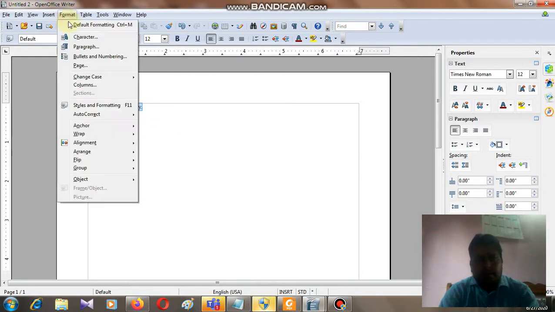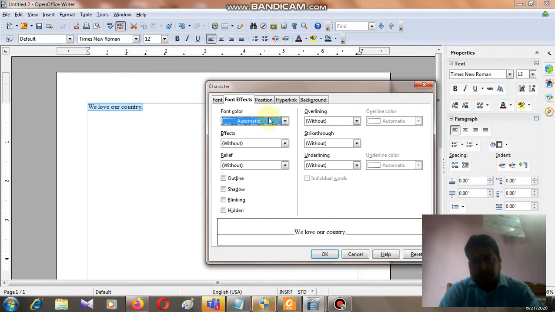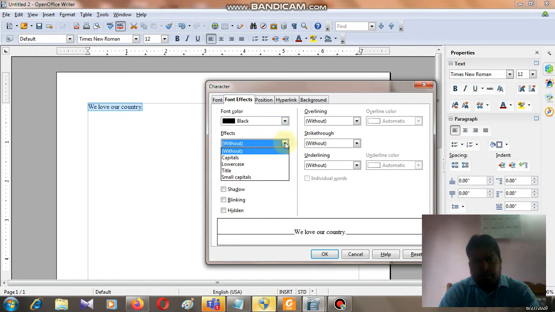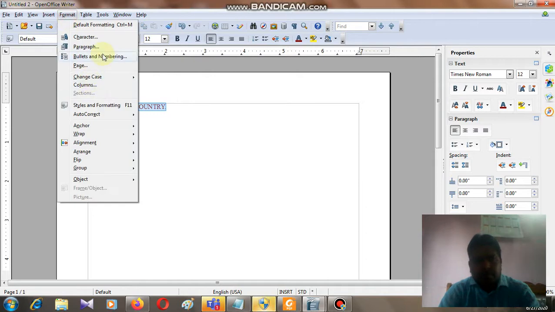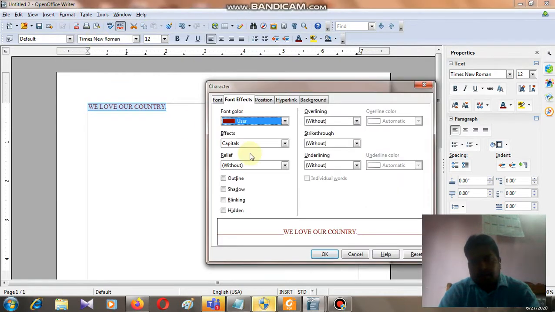So how you have to do this one, so I think I discussed how you can change the font color. Go to this format menu, character, and it is color you can choose this one. Suppose color you want different color, so you can choose black. Already this one is capital letter or small letter, you can change. So look, it will look like this. So all these things you can see, font color options by default it will be here, so you can change from here also. Go once again, character, color I have selected here, outline, shadow, blinking, hidden I have discussed.